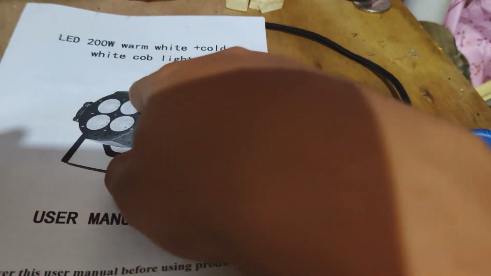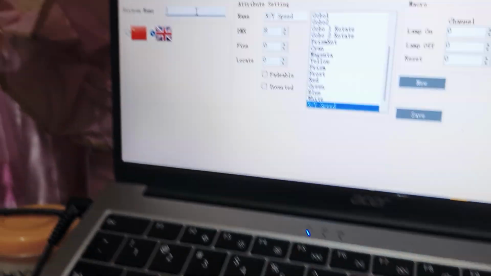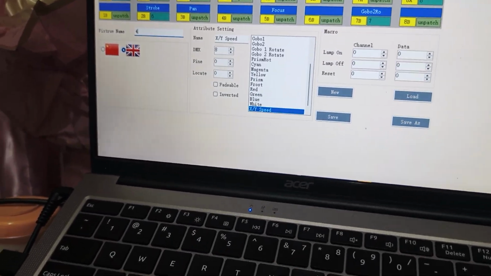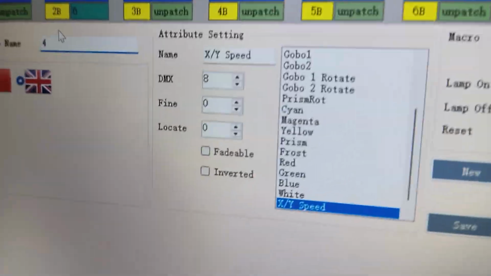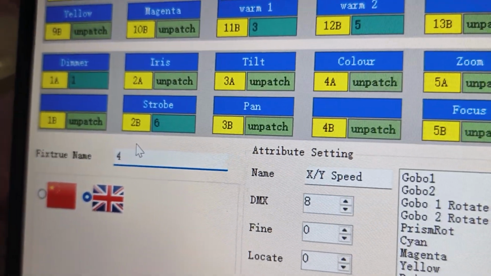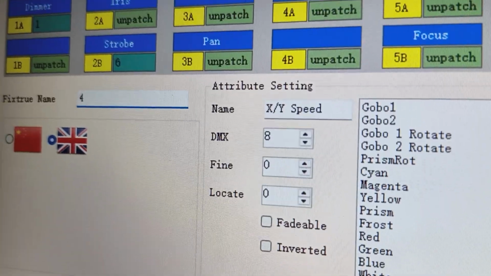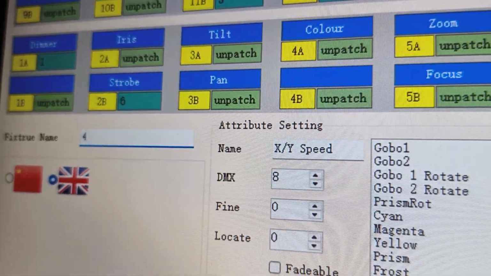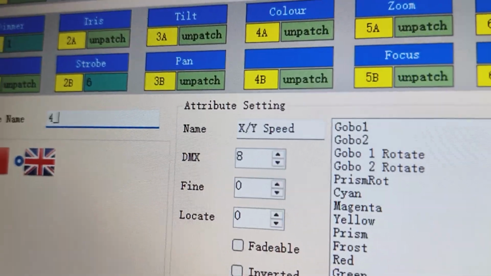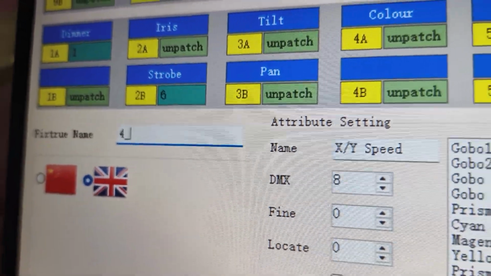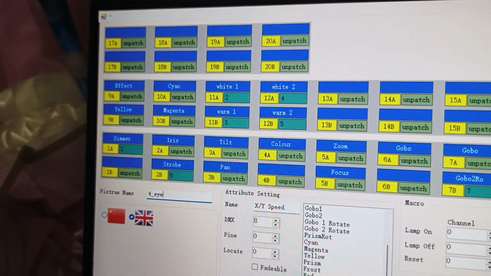For the fixture name, you cannot put a space, so I just put an underline, because the space won't be read on your console.